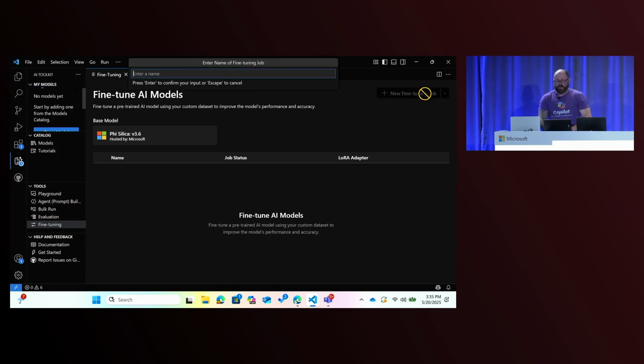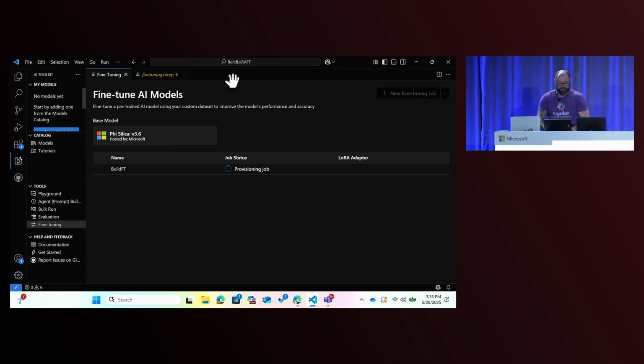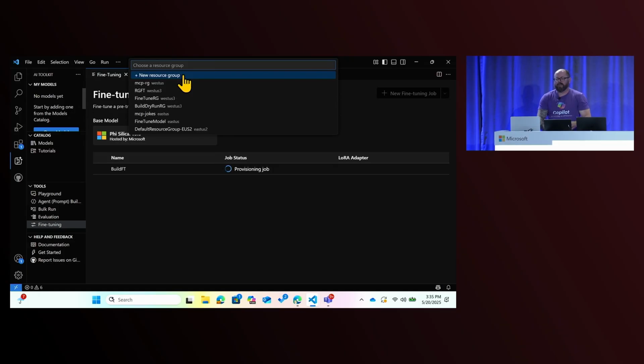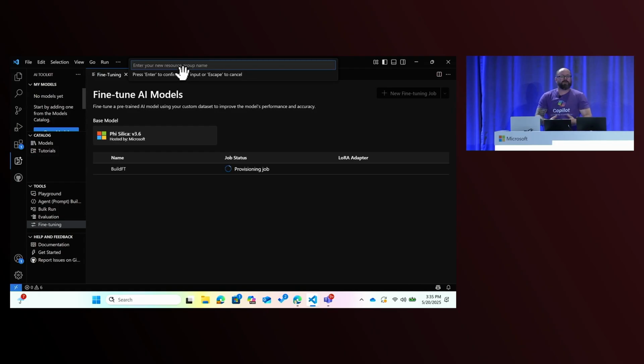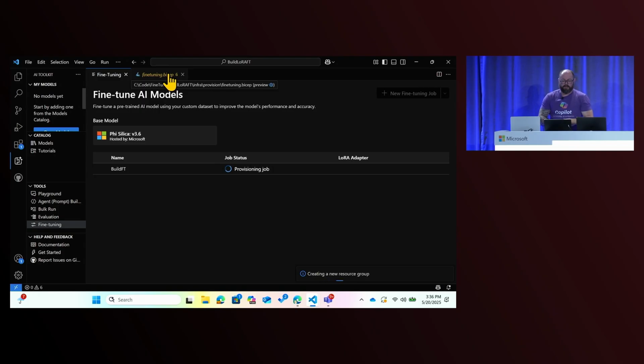So when we're done with this, I'm going back here to my fine-tune. Now I'm going to start the fine-tuning job. I'm giving it a name, so build fine-tune. We are going to deploy it on a specific Azure subscription. And just some best practices, what I always like to do is create a new resource group. That way you know which resources were created for this. When you're done, it's an easier cleanup. You know where everything goes. So this is my build demo resource group. And I run all my information in Western US 3.